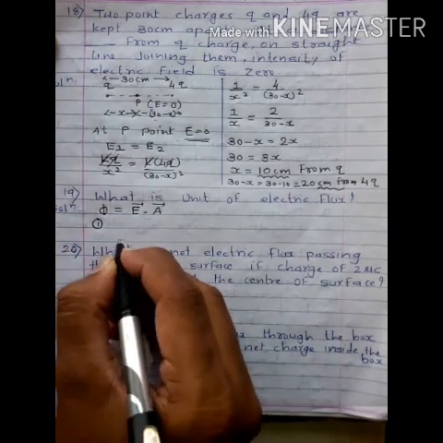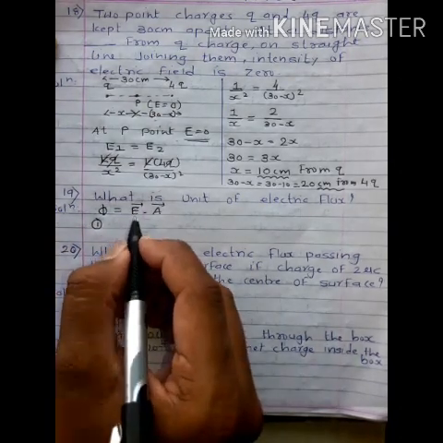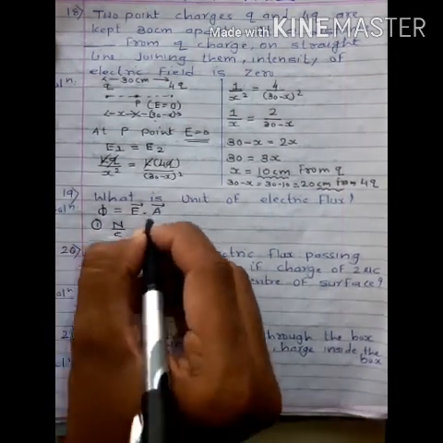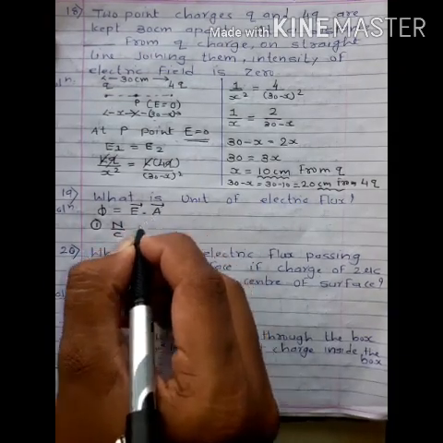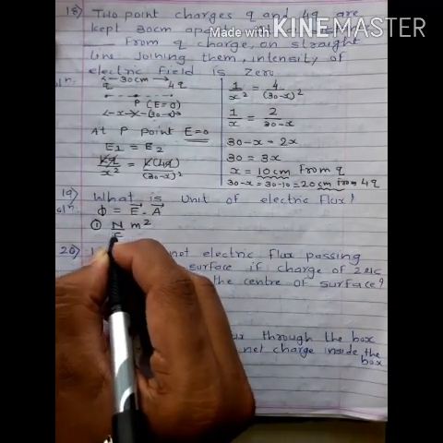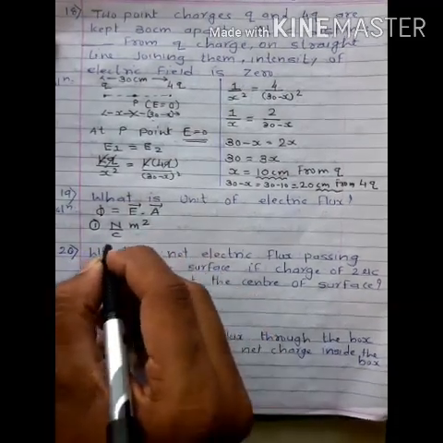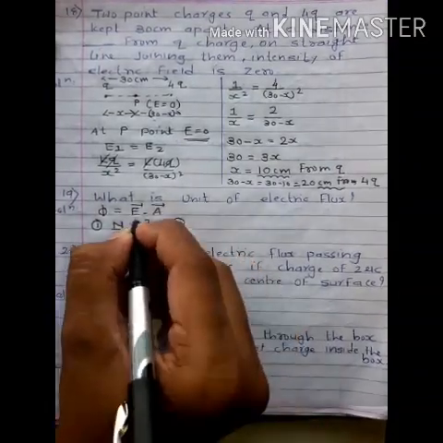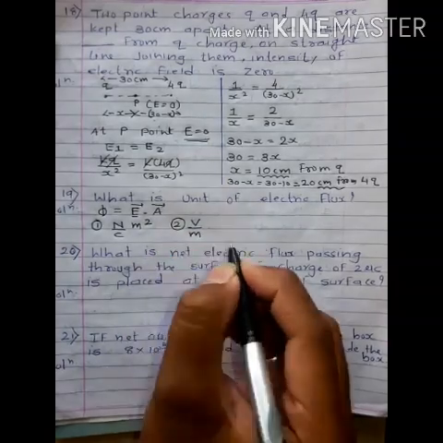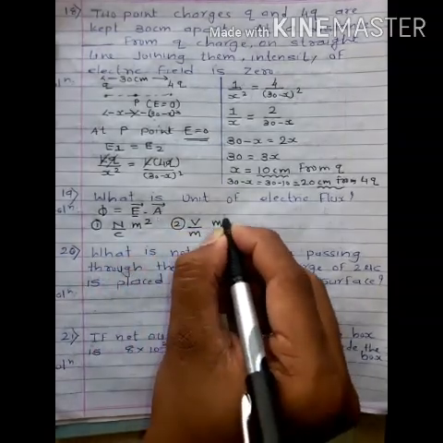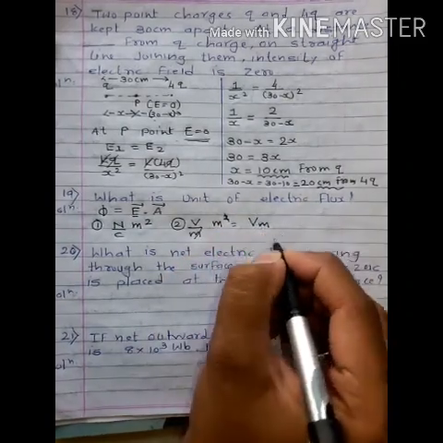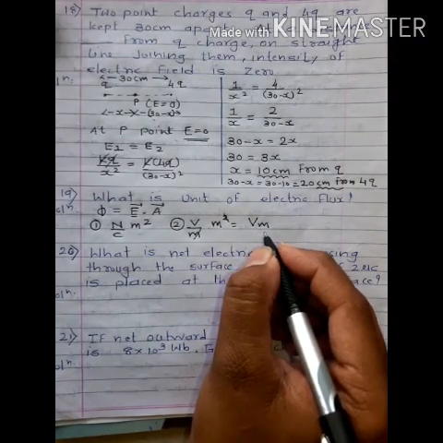There are three units of electric flux. First unit, electric field. We already know that the unit of electric field is Newton per coulomb into area. So the unit of area is meter square. So the first unit of electric flux is Newton meter square per coulomb. Second unit, remember another unit of electric field. Another unit of electric field is volt per meter into area, meaning meter square. So here meter will cancel out. So the second unit of electric flux is volt into meter.